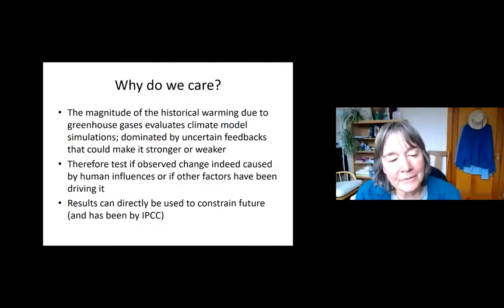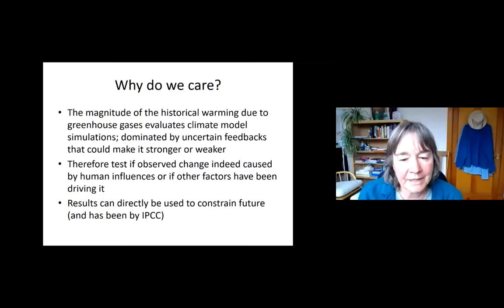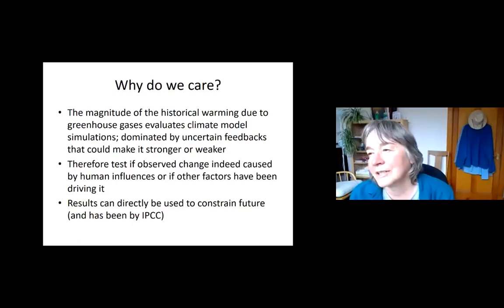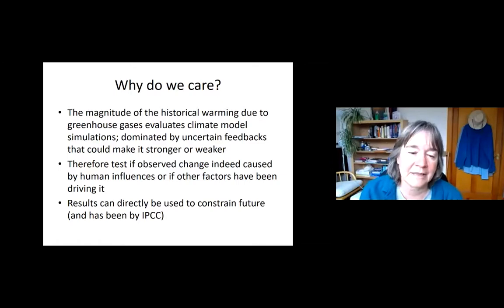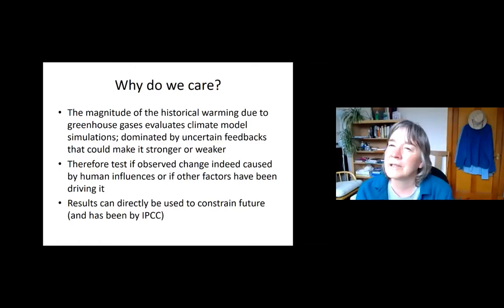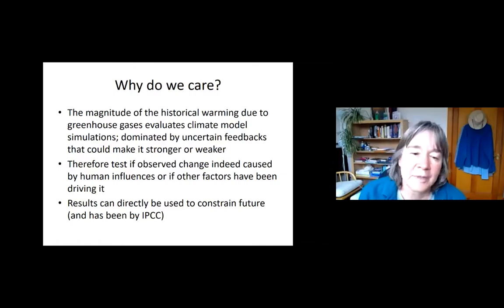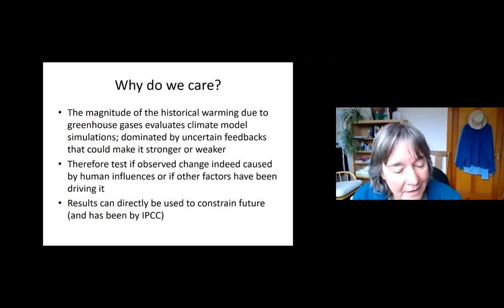And so the first test to check is: is the observed change indeed caused by human influences, or have other factors been driving it? So even if the question really is how large is the human influence, and not so much is there a human influence, you could also ask, is the human influence comparable in size to natural variability? And then lastly,